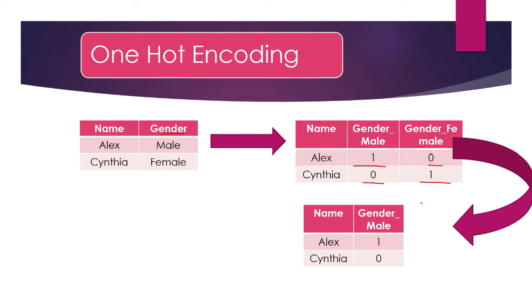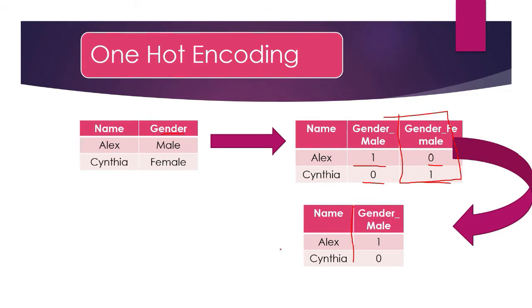If you pay attention, you can notice that we do not need all these columns. Obviously, we need n minus 1 columns. The reason being, if you look at the table below, you see that if we leave one column out of our data set, it will still make the same sense. How? Let us say that we retain only the gender underscore male column.